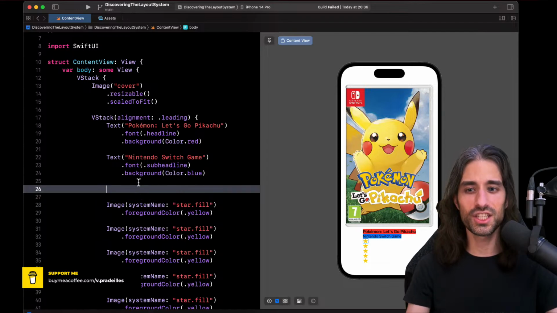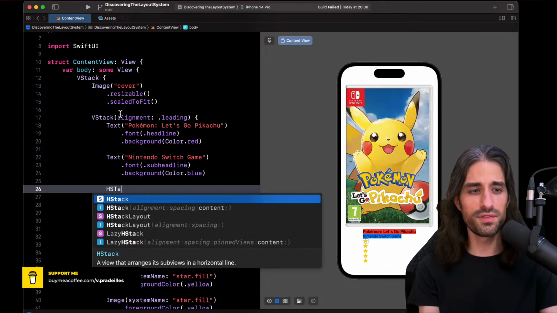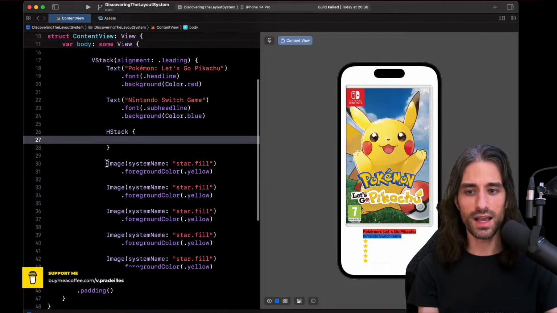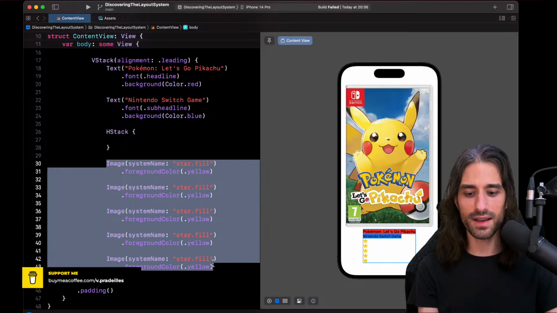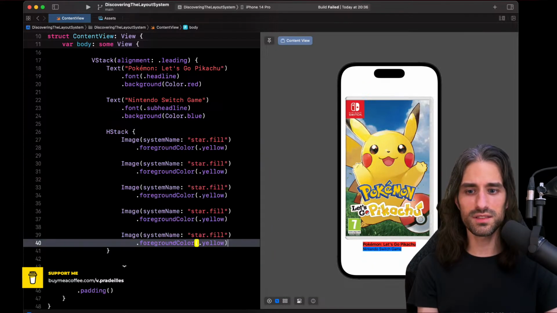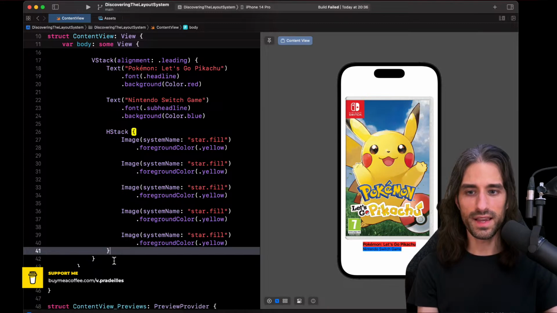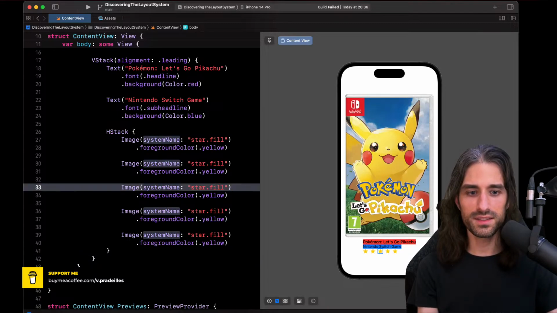So we're going to put an HStack inside our VStack. I'm doing that to show you that there is really no issue with embedding stacks into other stacks. So I create my HStack and I move my 5 images inside this HStack. All right.